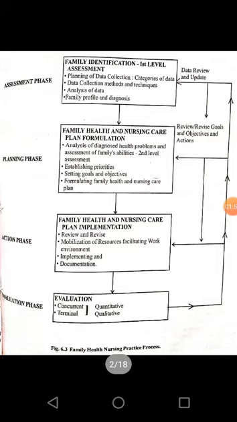In this particular slide, you can see that in assessment phase, the family identification phase. This is the first level of assessment. When you are going into a family, first you will be introducing yourself and through the observation technique, you will be asking some of the data. You will be writing some of the things. All the things no need to ask them. You can even observe also what is the condition of the family, the toilet facilities, hygienic facilities, the personal hygiene of the person, those who are present in the family.